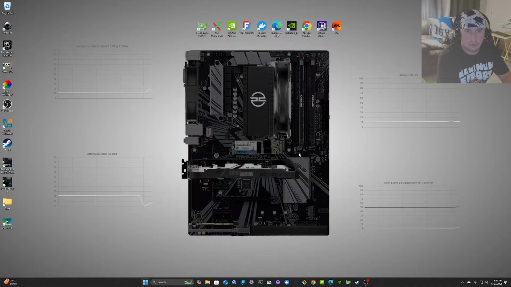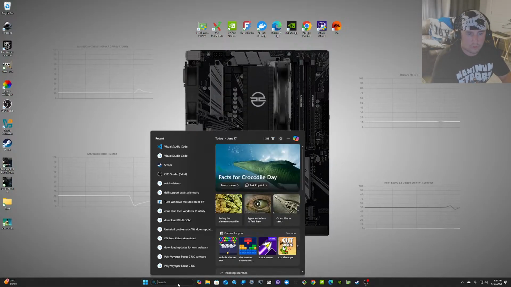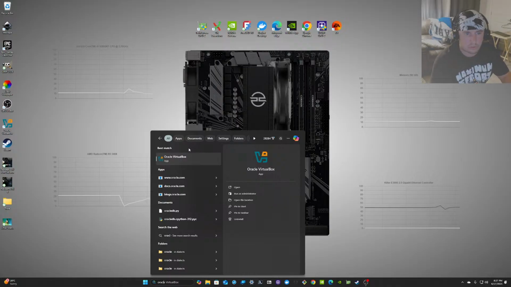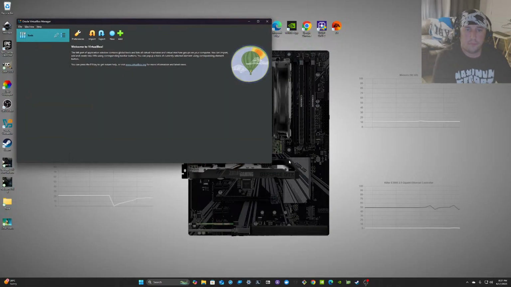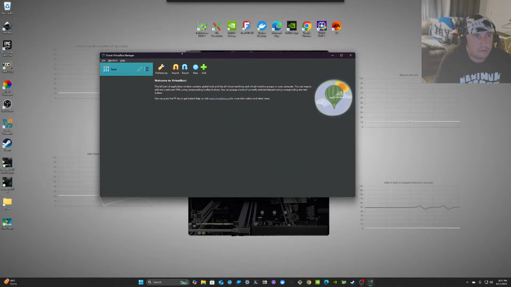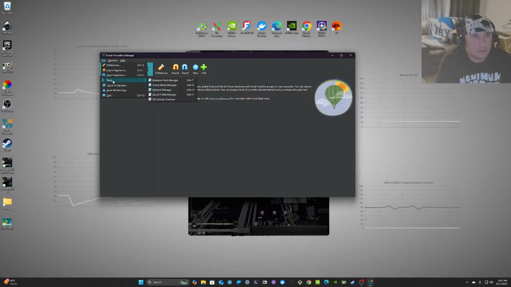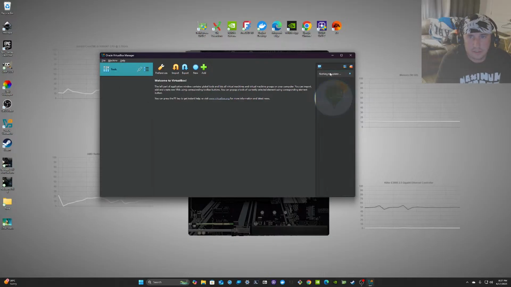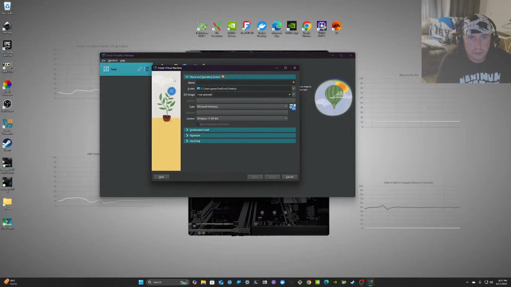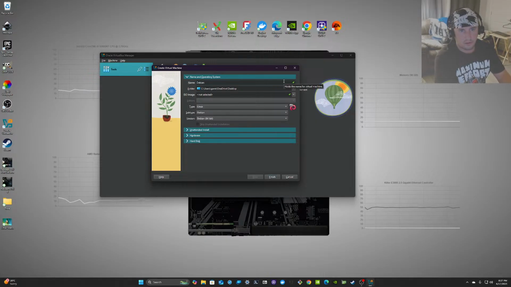So Oracle VirtualBox. Bam. Okay, so now go to help and machine. So check for updates. Nothing to update. Always check for that. Create a new machine. All right, so we're gonna name this Debian